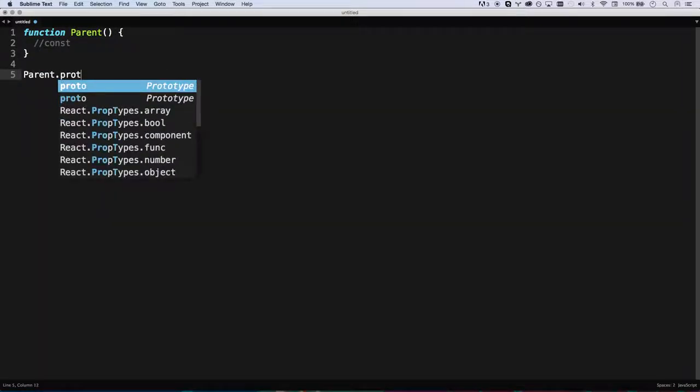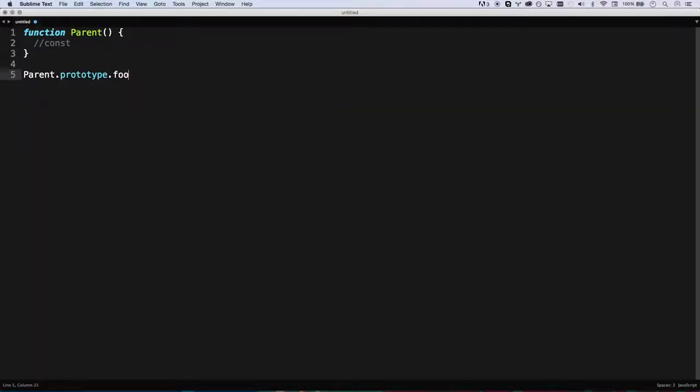So, for those of you who may not know it, which shouldn't be most developers, you could do function Parent, and so this is your constructor, and then you'd have to go Parent.prototype.foo equals function, so adding your functions that way, which is really not that bad. But now you can actually go class Parent